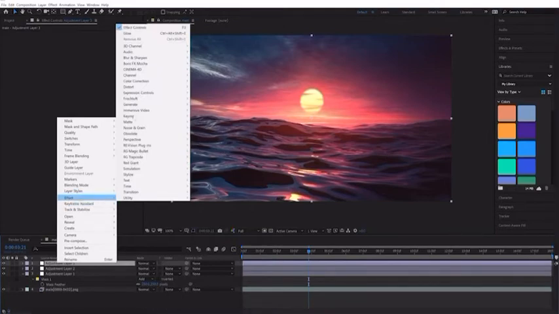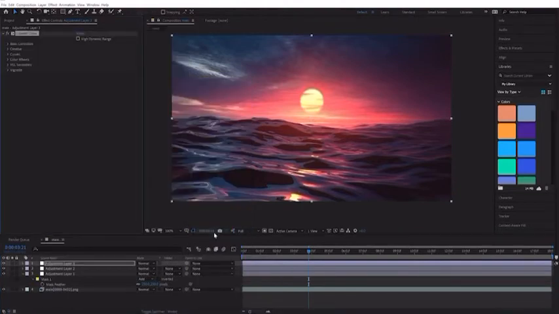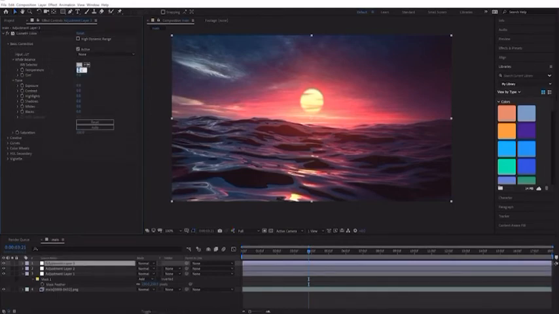This is found under color correction and Lumetri color. And in here, I mostly want to warm up my image. So if I go to the basic correction, in the temperature, I'm going to set this up to about 40 or so. That's going to warm up all of the tones in my